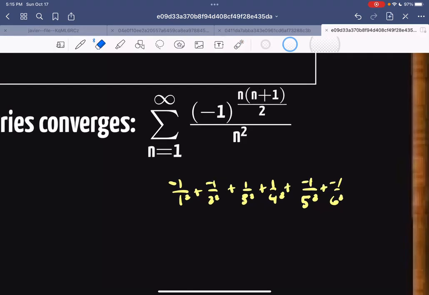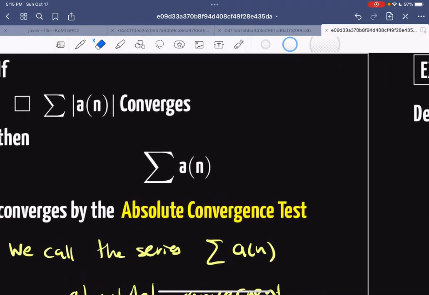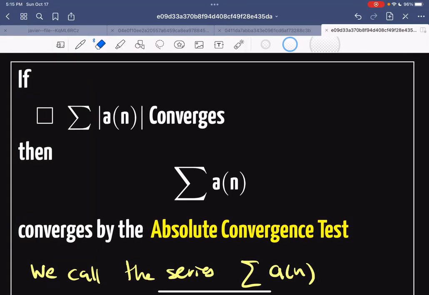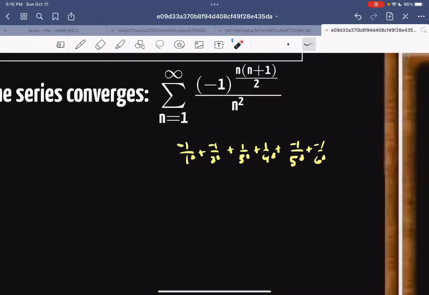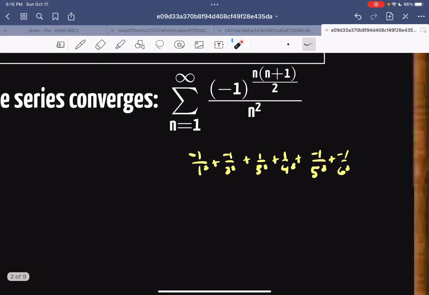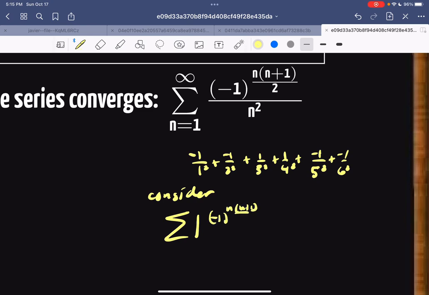The question is whether or not that converges. Well, the absolute convergence test says, hey, check it out. What if we just got rid of all these negatives altogether, this sort of noise altogether? And so what if we consider just the absolute value of negative 1 to the n times n plus 1 all over 2 all over n squared? That would be equal to just